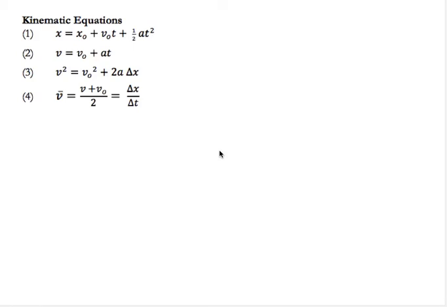In this video, we're going to be deriving the basic kinematics equations, which are shown right here, using algebra. In another video, I do it using calculus. So what we're going to start with is just some basic ideas. We're going to start with our definition of acceleration as simply being the rate at which velocity changes, delta v